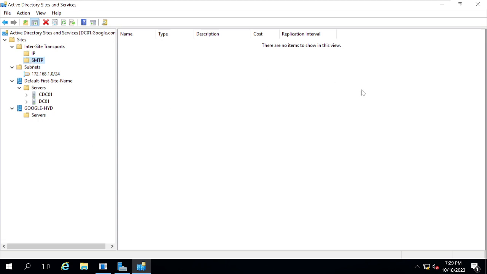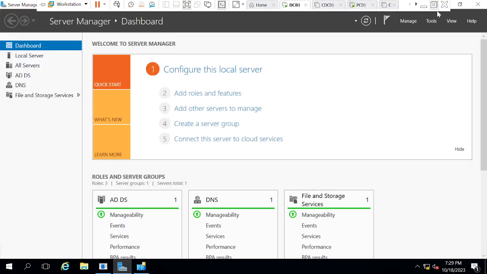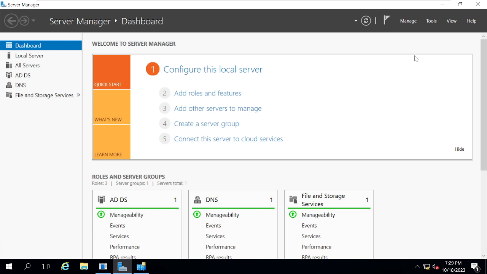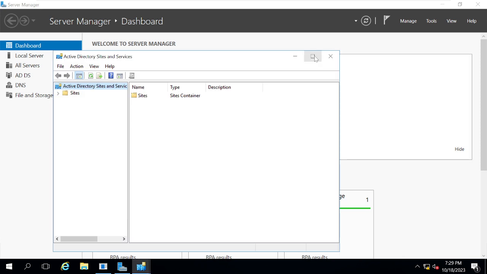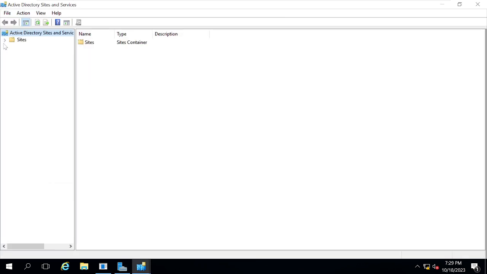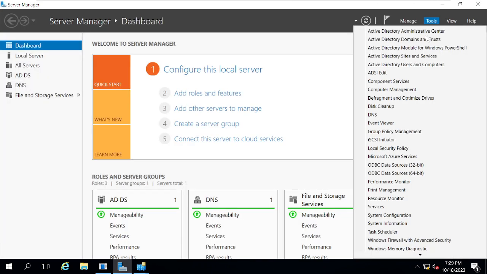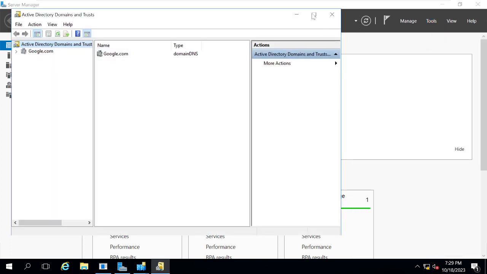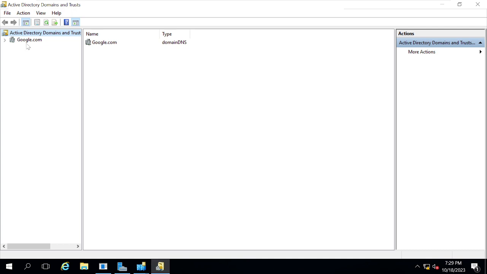And one more option is there, the Domains and Trusts. While I was doing the Active Directory class, I was talking about the domains and trusts. If you want to create a trust between two different companies, now I'm opening Domains and Trusts. See now, if you double click on this google.com,